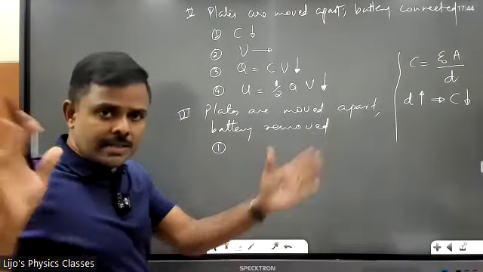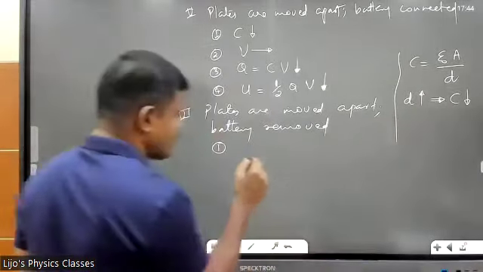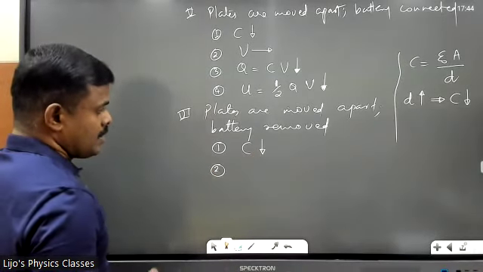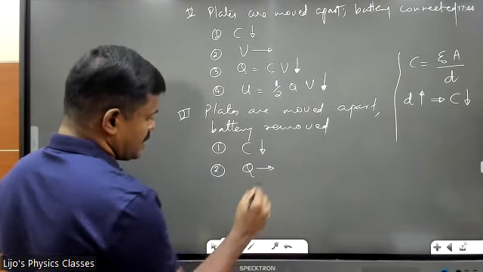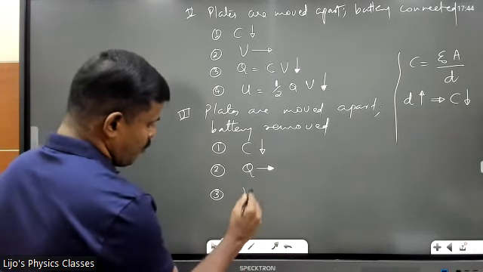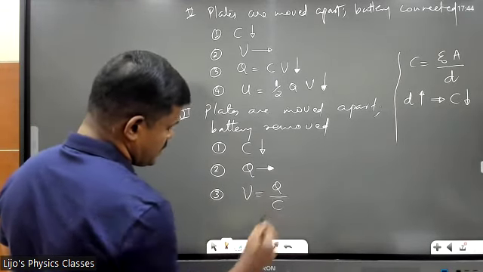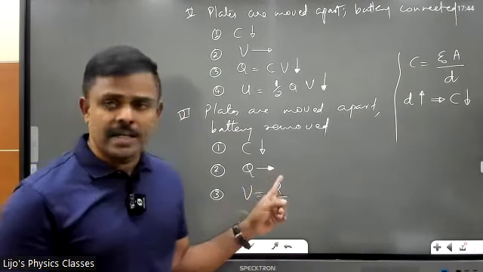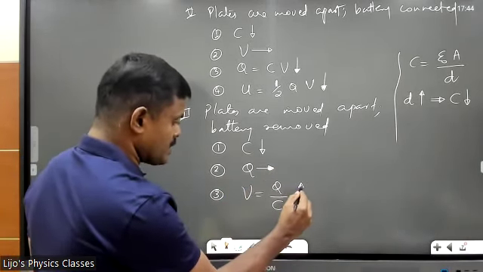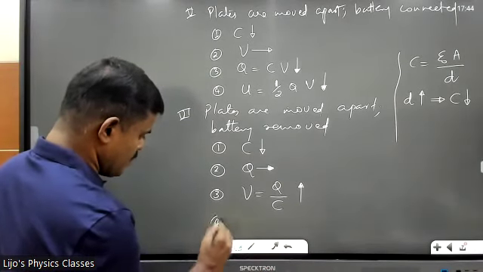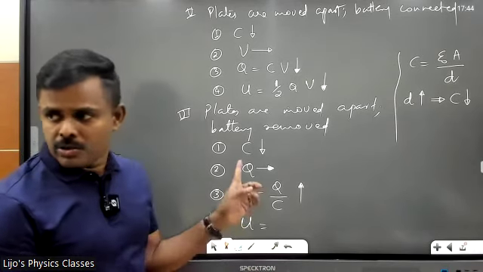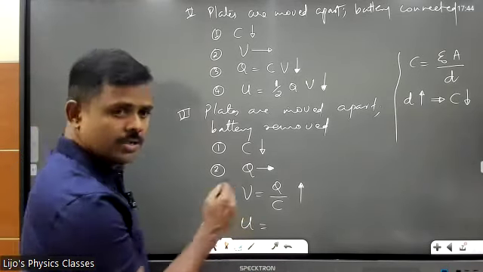Moved apart means distance will increase. Capacitance will decrease. Number 2. Battery removed means charge is constant. Number 3. V will be Q divided by C. Q is a constant here, C decreases, so voltage will increase. Last one, energy. The energy equation is